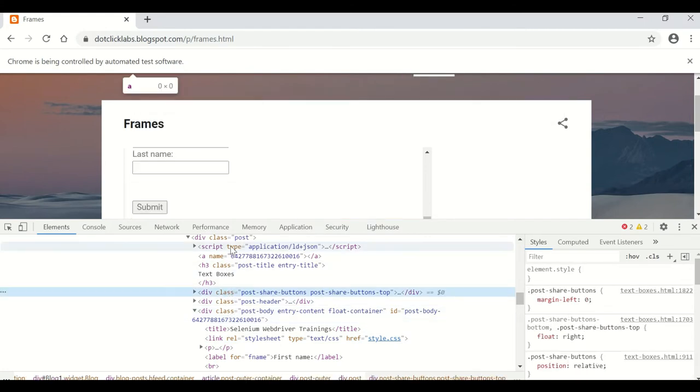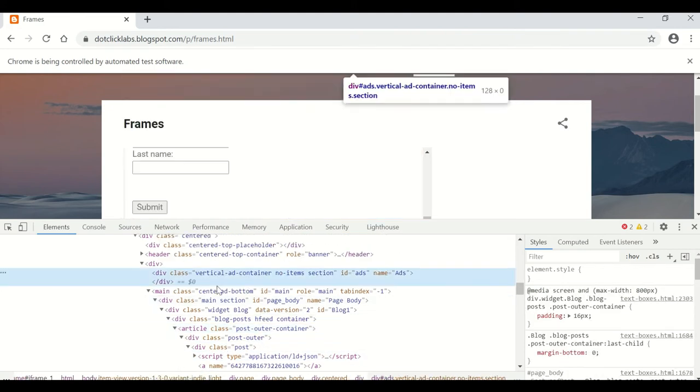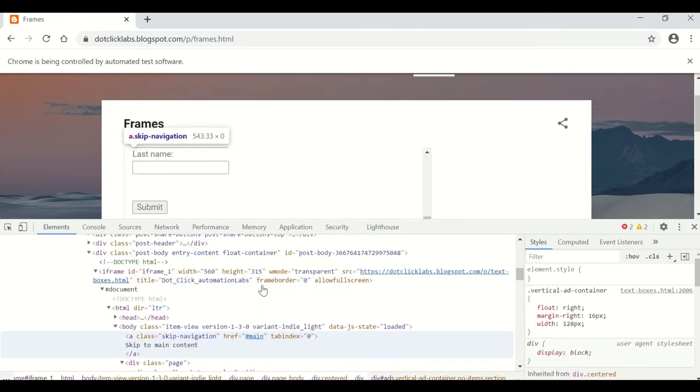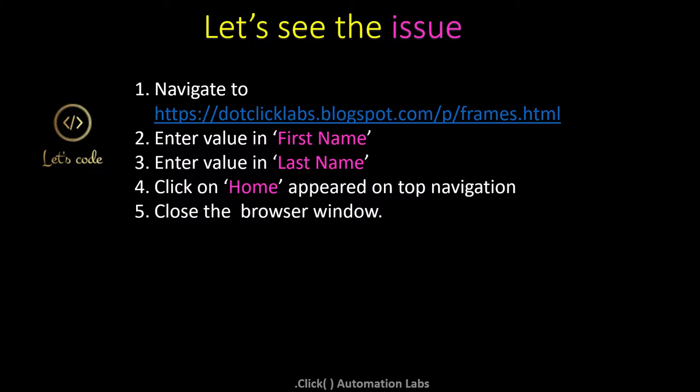Is this under frames, or are these controls defined in any frame? Yes, here is the frame. It means those two controls are a part of this particular frame. So the WebDriver is not able to identify those elements if those elements are under a frame. So this is the issue.